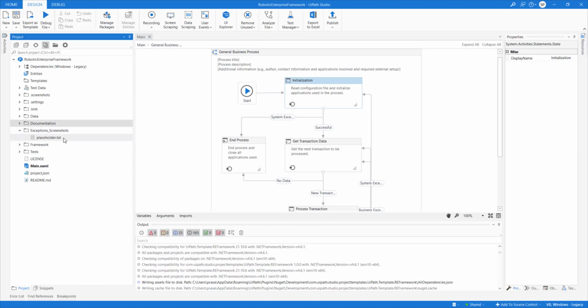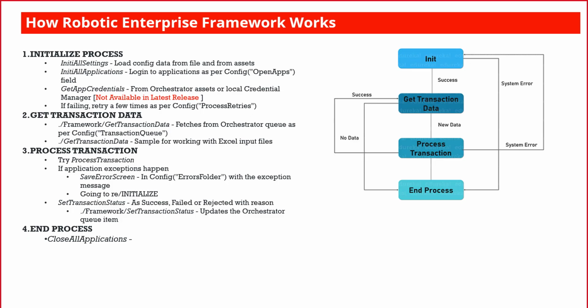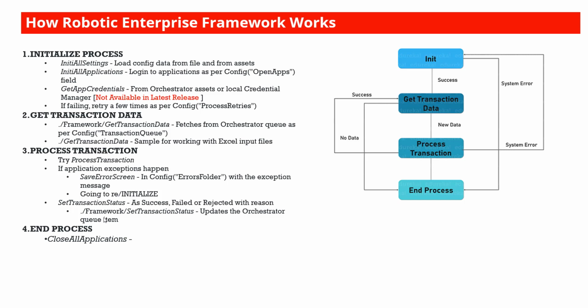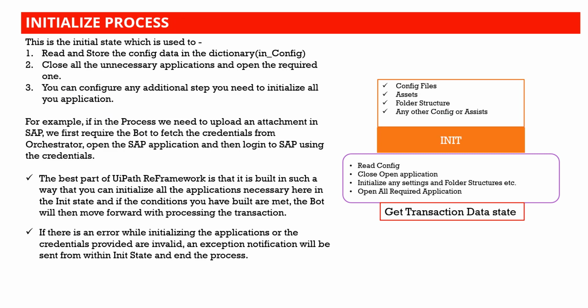Then whatever the errors, screenshots will be captured and kept here. And then in the framework, we have these many reusable files. Previously, there used to be a process.yaml file here, but it's now missing. If you look at my PPT, I am saying that there should be a process transaction file, but it's not there now. It has been moved in the latest edition.